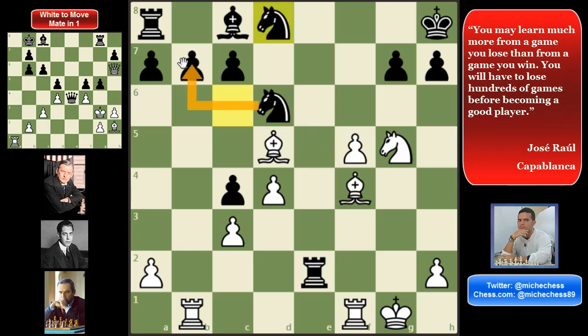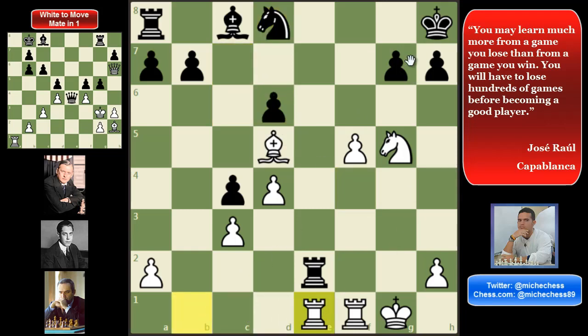This knight is covering b7, e8, and f7. So once this knight is not there after rook e1, Black is totally lost. Observe the rook is not really helping Black this time. After rook takes,